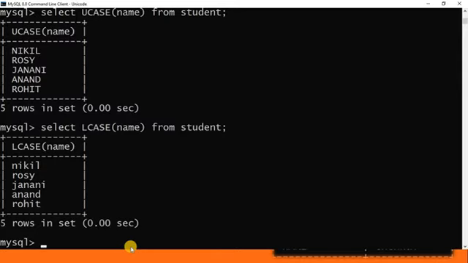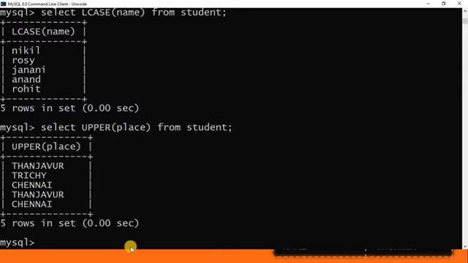This is also working: the function name UPPER. Select upper of place from student. UPPER also is used to convert to uppercase. See, all the cities, like Tanjavur, are printed in uppercase letters. And lower also works. MySQL command line.